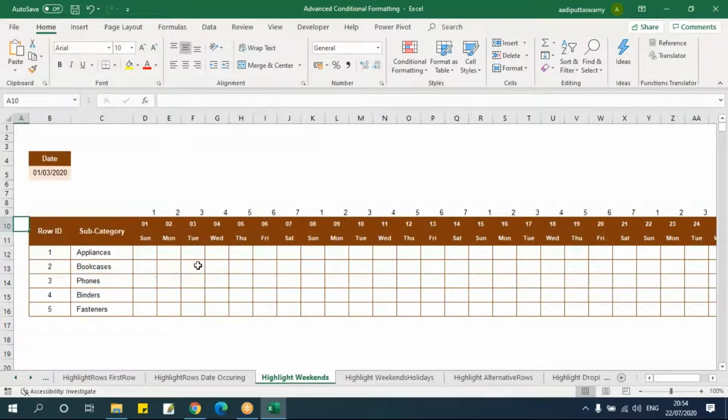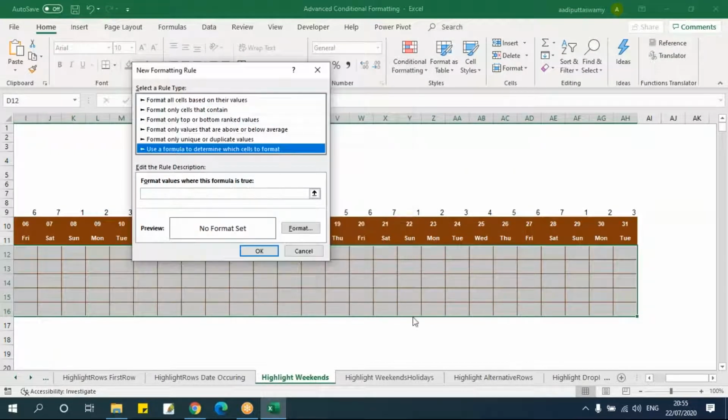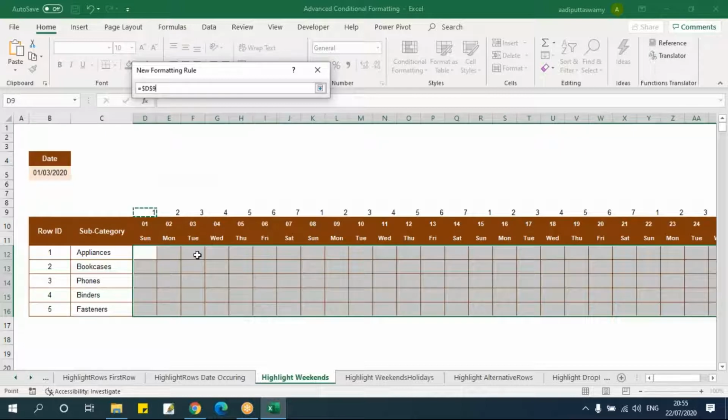Now I want to highlight these cells where it is 6 or 7. That means Saturday and Sunday. So what we'll do, we'll go here, conditional formatting, say new rule. If you've already taken a formula in a cell, then I'll say equals this value